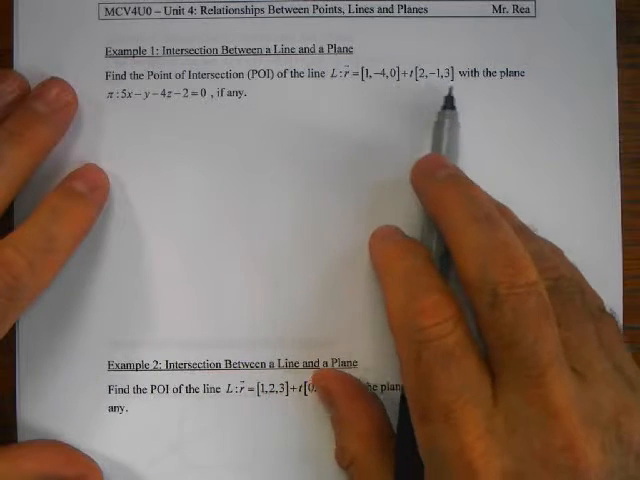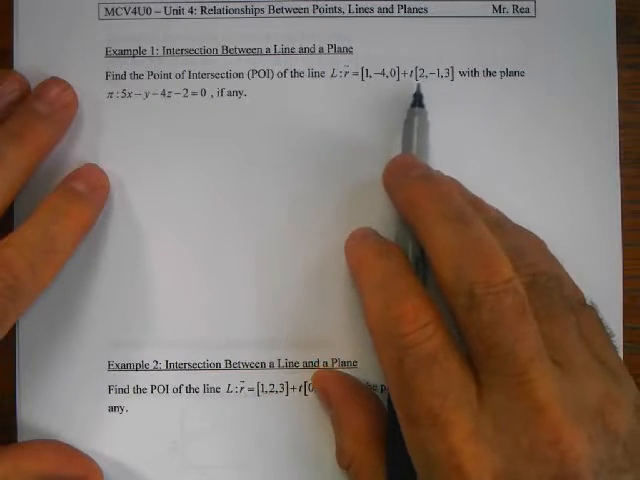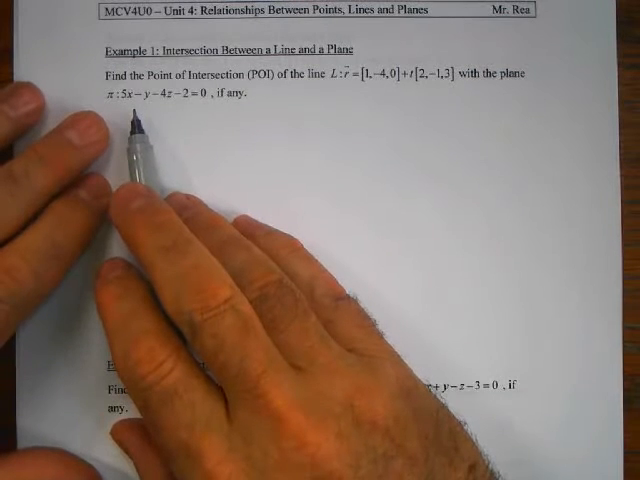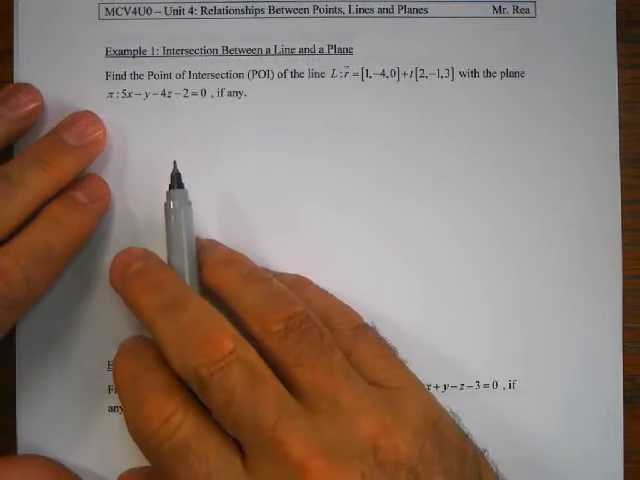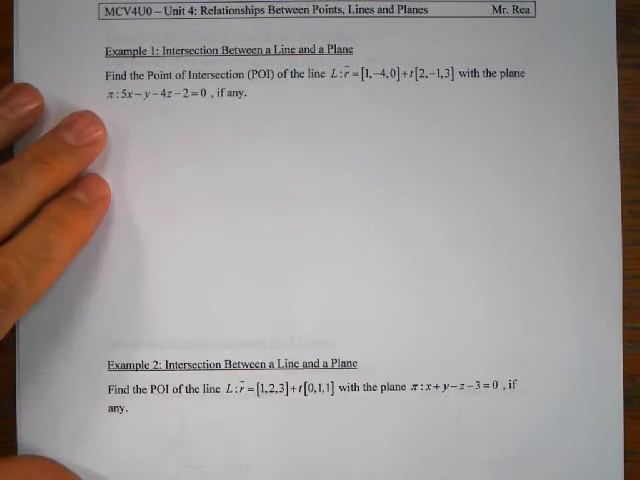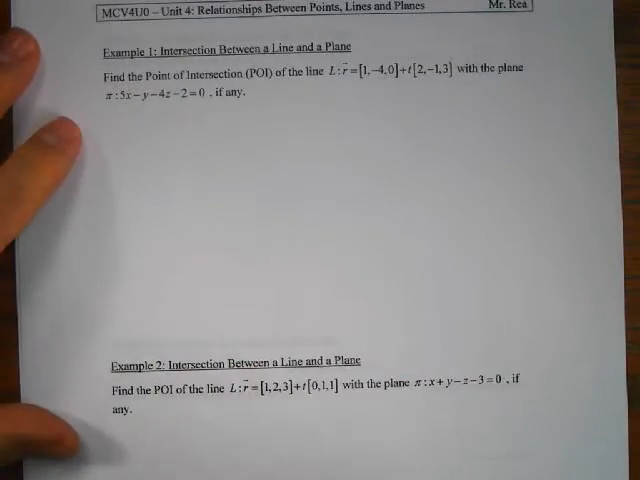It's got the one direction vector that shows it's a line. The fact that it's got three components in the direction vector means it's R3, and our plane pi is given as a Cartesian equation. So the first thing we can notice here is